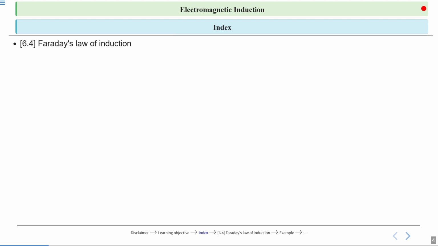Now, in experiment 6.2, we replaced the bar magnet with a current carrying solenoid, which acts as a bar magnet, so the result is the same again. And in the third case, 6.3, the setup is somewhat changed. In place of the bar magnet, or current carrying coil, we have a coil carrying current and a tapping key.